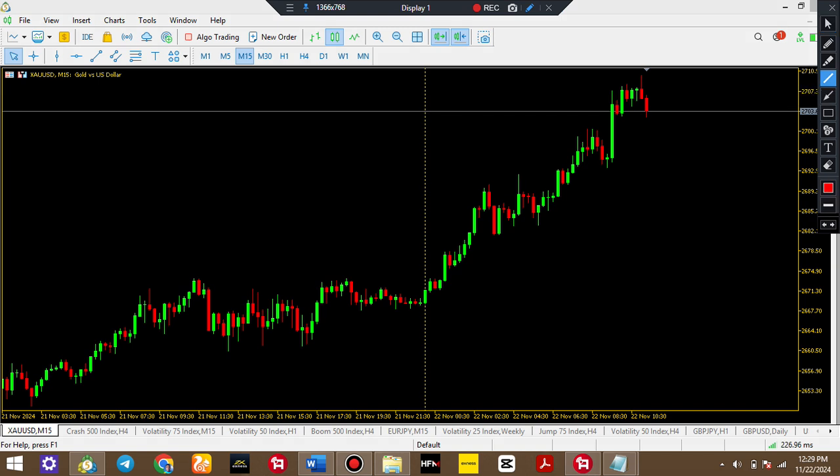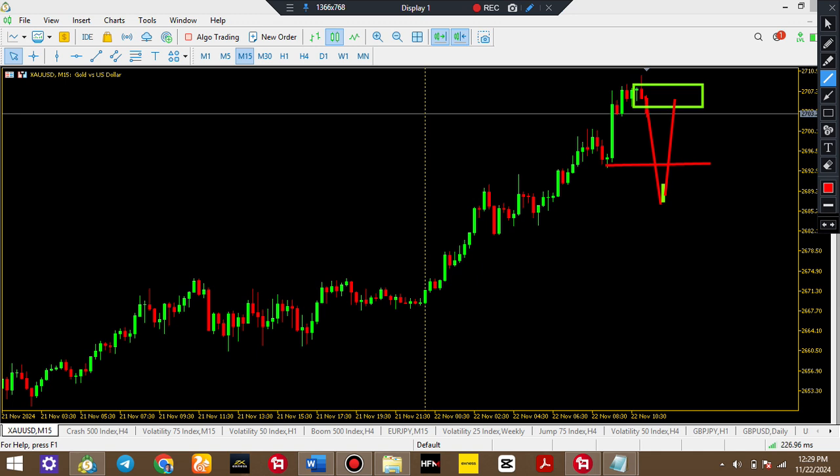We want to see price breaking here because this was the candle, this was the low that gave us the last high of the market. So if price should break here below, it's going to create a bearish order block around this zone. So now we'll be expecting price to pull back to that zone. Then when price comes, we can take our sell.